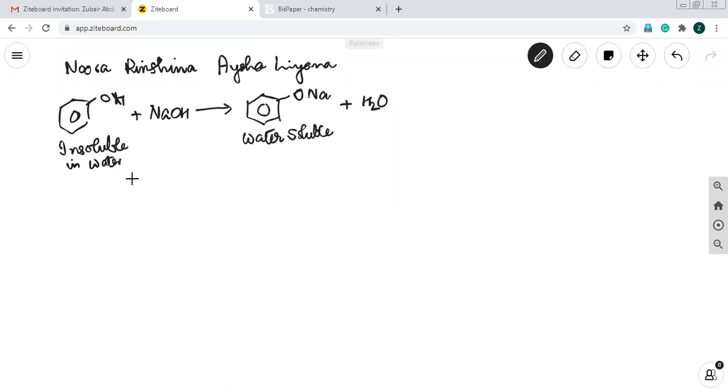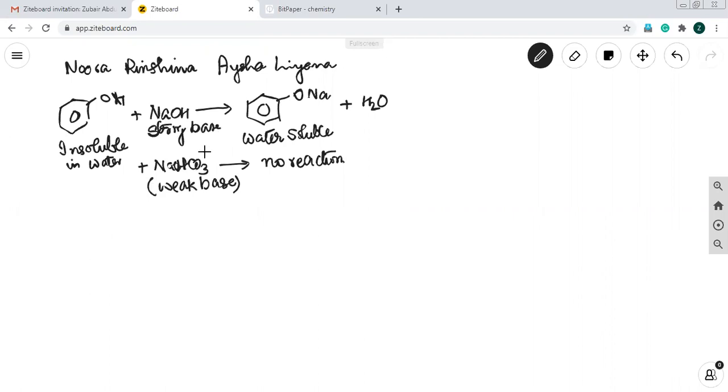Okay. And also I told you this will not react with sodium bicarbonate, NaHCO3. If you treat phenol with sodium bicarbonate, no reaction. That means this is a weak base, and this is a strong base. So a strong base is required to remove this proton. Weak base is not sufficient to remove that proton. Okay, this is an important reaction to distinguish between carboxylic acid